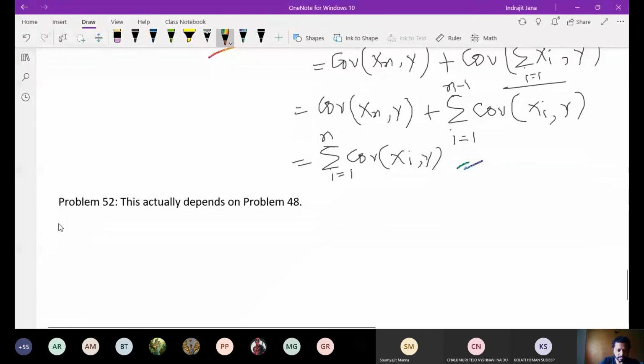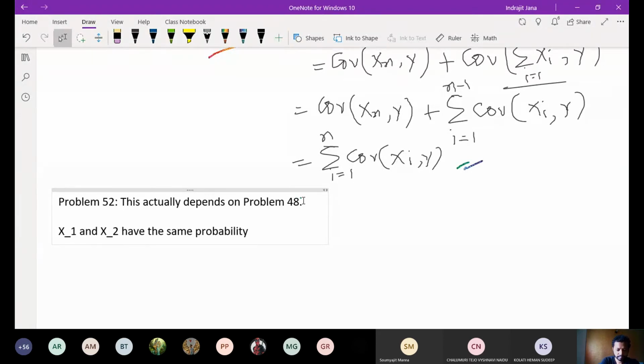So this problem tells you that x1 and x2 have the same probability distribution. That is same PDF or PMF, right? They are discrete, same PMF. If they are continuous, then same PDF. Okay. And we want to prove that